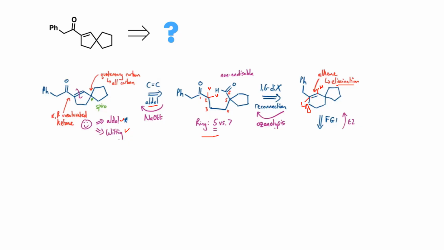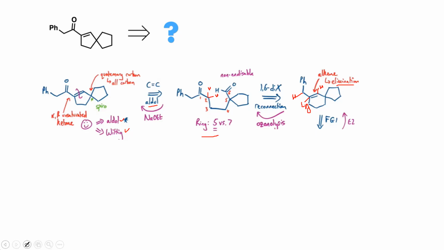There are 2 H available. If you place the leaving group in this middle portion, there is a 50-50 chance that the double bond can be formed at this place through elimination of this H. So to get this double bond selectively, we have to place the leaving group at this